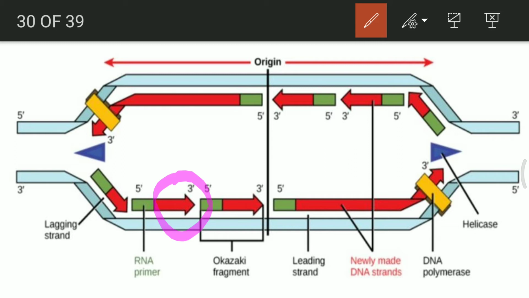It is so because as soon as the helix opens, at the base there is addition of a small amount of RNA primer, and because the direction will always be from 5' to 3', the DNA will be formed from 5' to 3', and as soon as it reaches the 3' end it will stop. And this is how the entire process continues. And once the DNA is discontinuously formed,